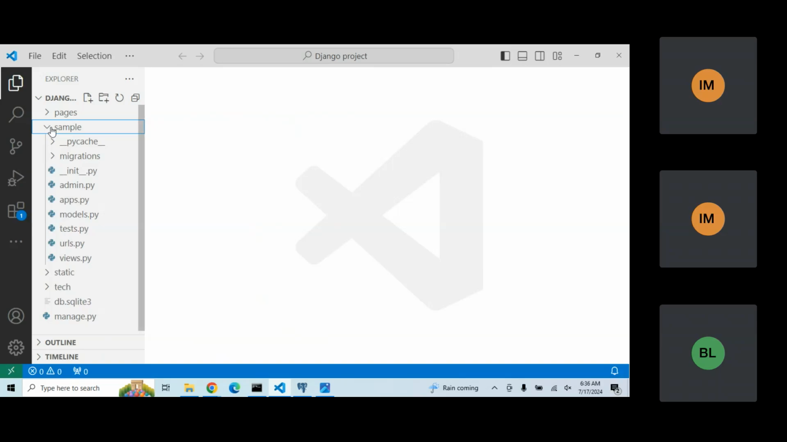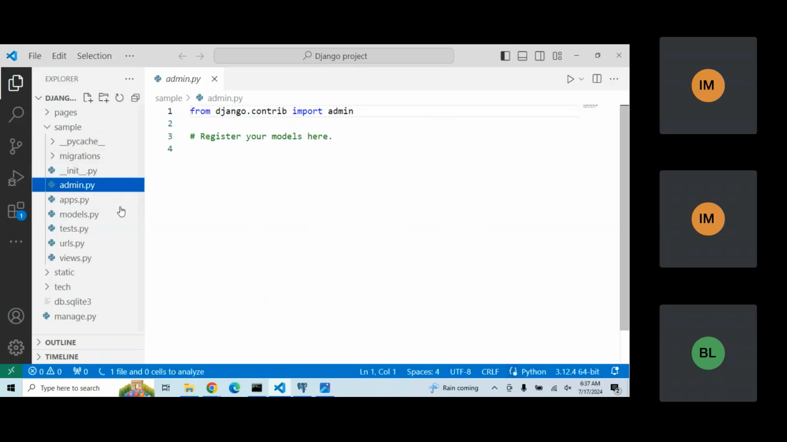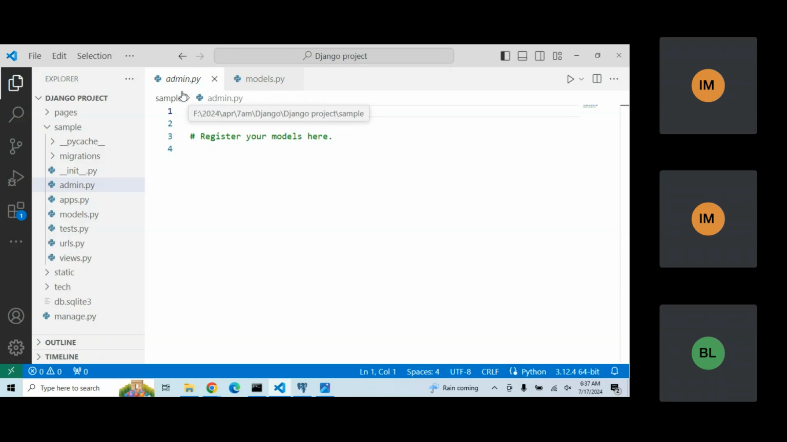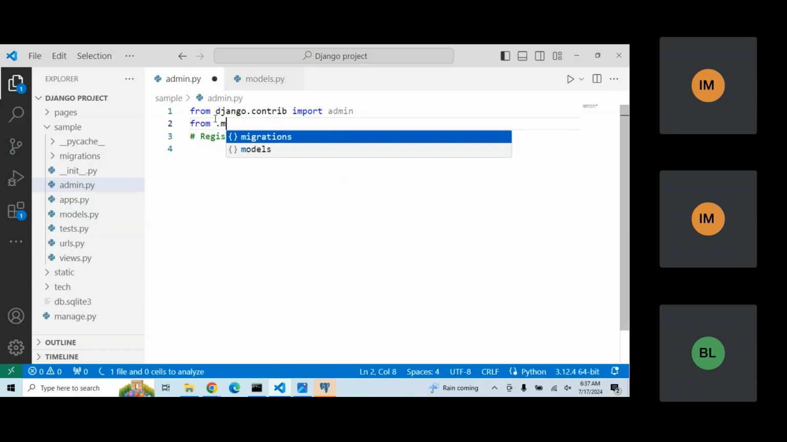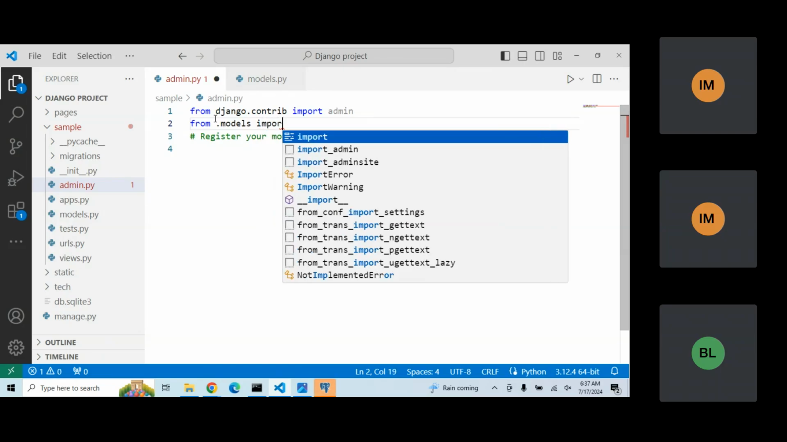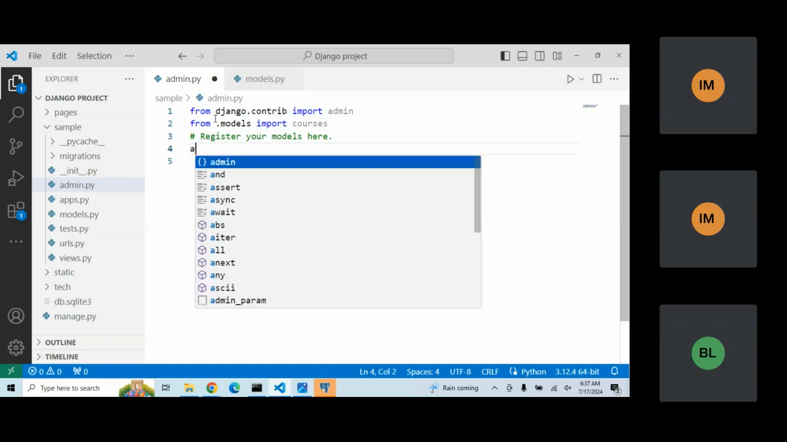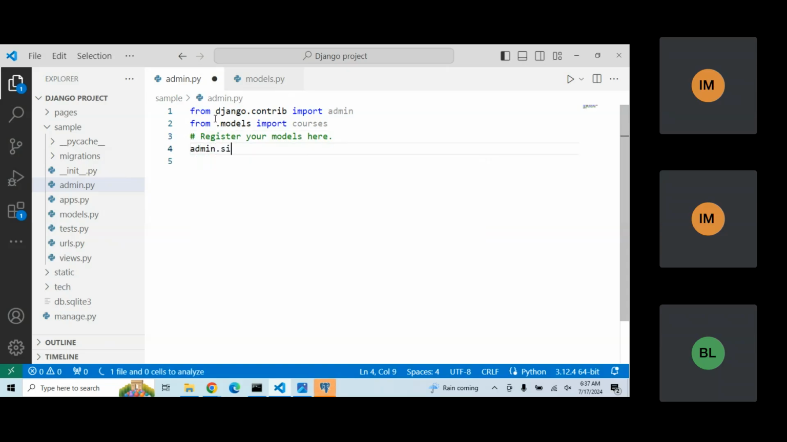Now go to the sample. In the sample you can see there is an admin.py file. Now what you have to do, whatever model you have created, this model should be connected with this admin.py file. For that purpose, you have to access the models.py file here. So here, from .models import Courses. Now here we need to add one command, admin.site.register,